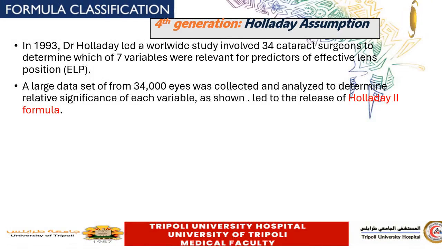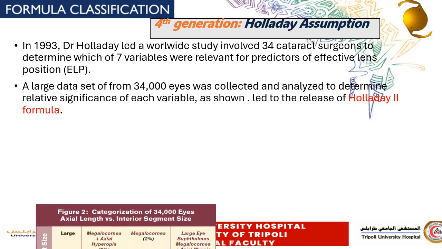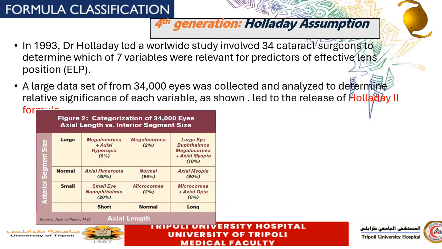So in the Holiday 2 formula, Dr. Holiday, in 1993, conducted a large study made up of 34,000 eyes using 34 cataract surgeons to determine the 7 variables used in his formula and to determine the effective lens position. And as a result of this study, he came up with a new principle